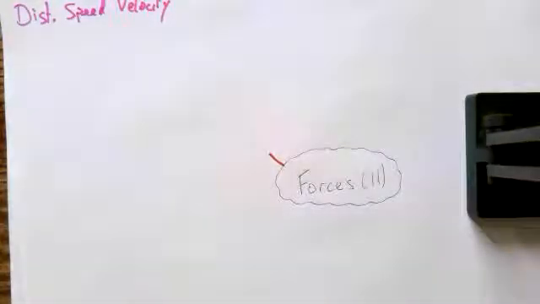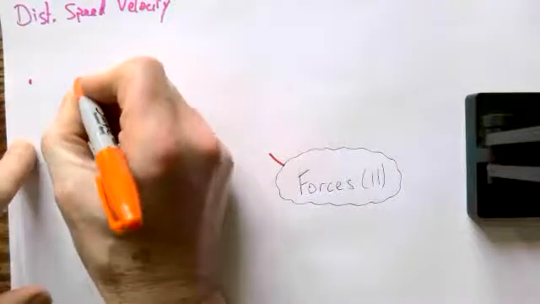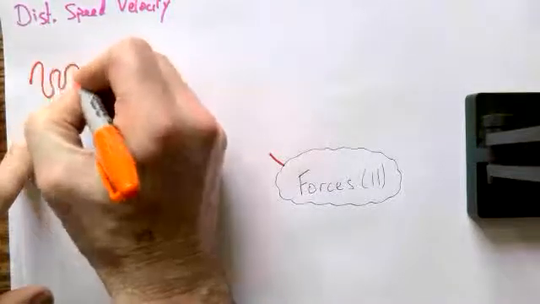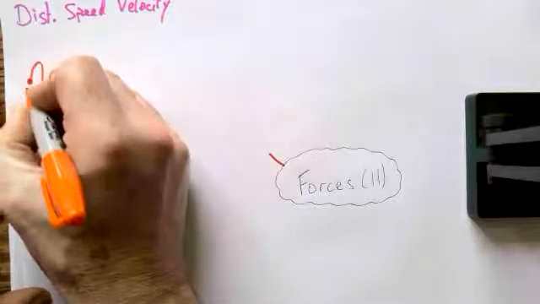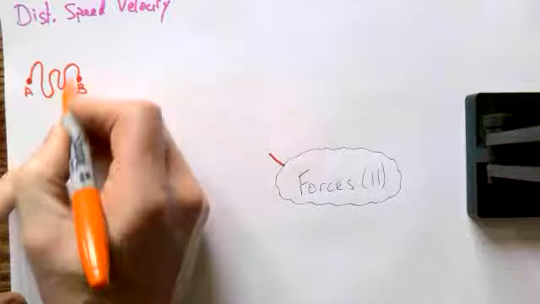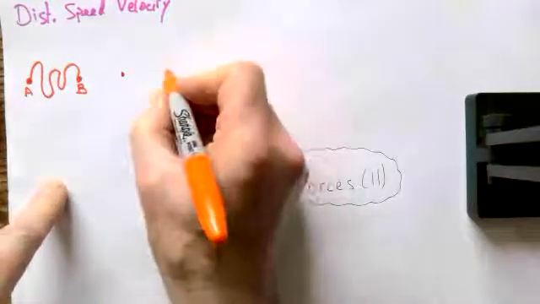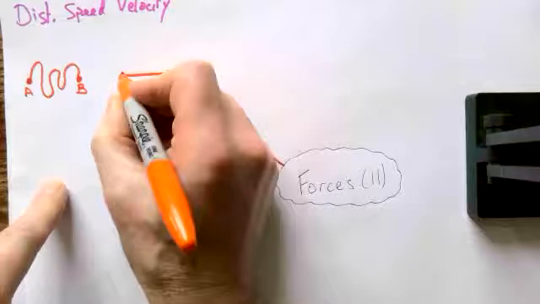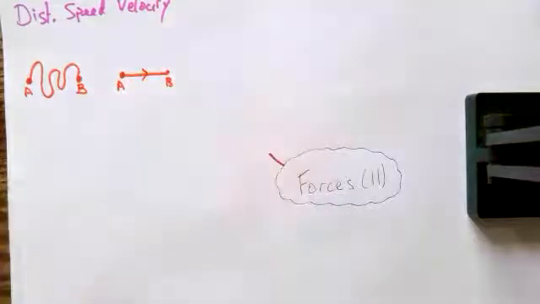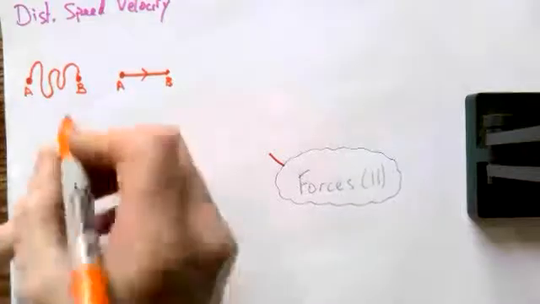Right, so if you look at it, distance is the distance traveled between two points A and B, regardless of the journey. So I could have done that. So that's the point A, and this is the point B. So the distance traveled is the length of that line. Displacement is basically distance, but in a straight line. So this time there's point A, point B. It is the distance in a straight line. So this one is distance,